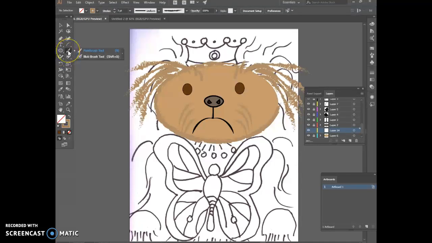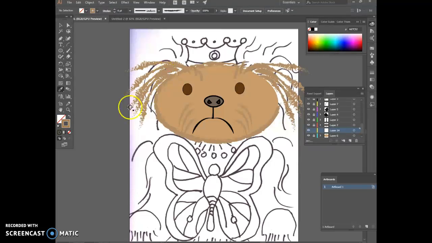Trying to find the eyedropper. It has disappeared. Oh, there it is right there. And there's the color I want, and here's the stroke, and this is the color I want for the stroke. Go back and try that again. There. Alright, so now I have the same color as I had for the body,